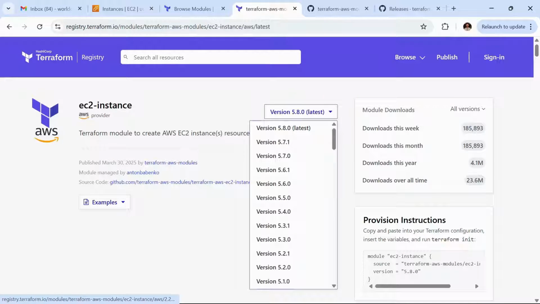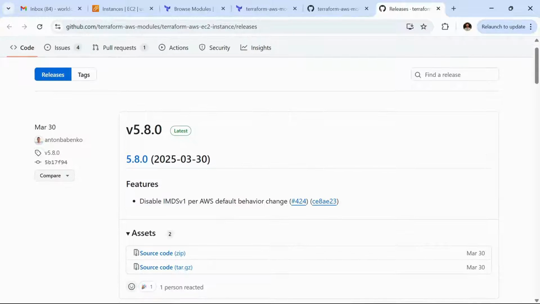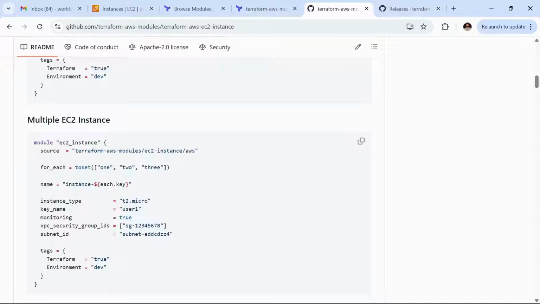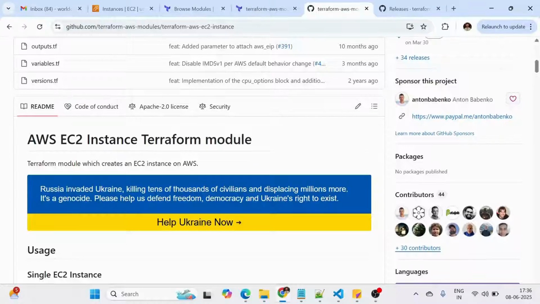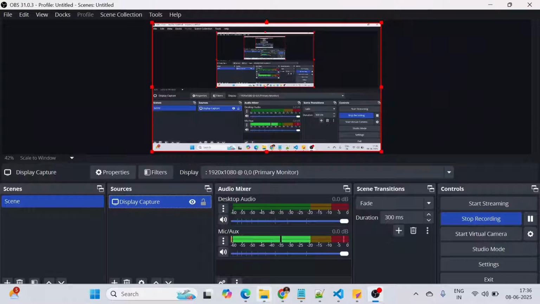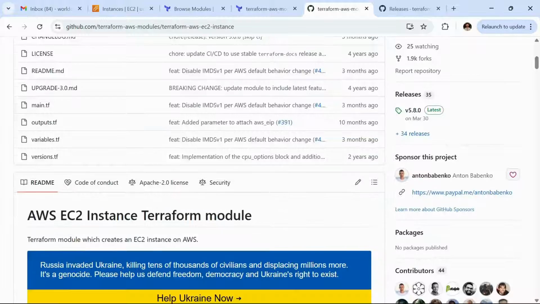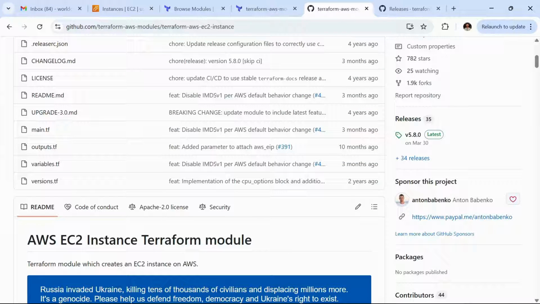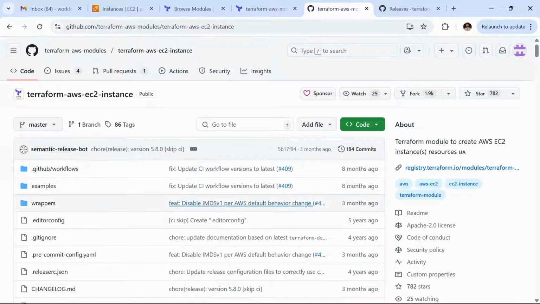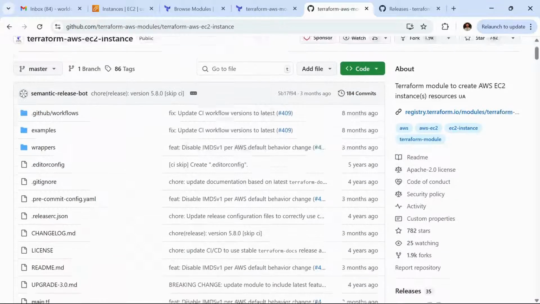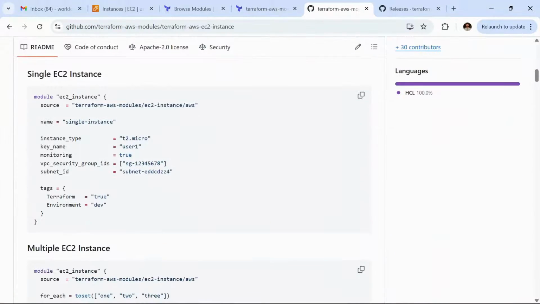They have given 35 releases here, as we can see. Here we can see the releases is equal to 35. So we can also consider this module for our use case according to the releases, according to the documentation.